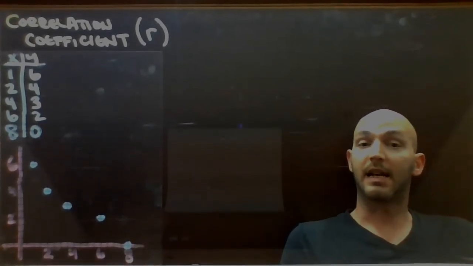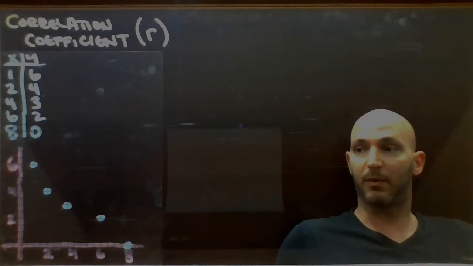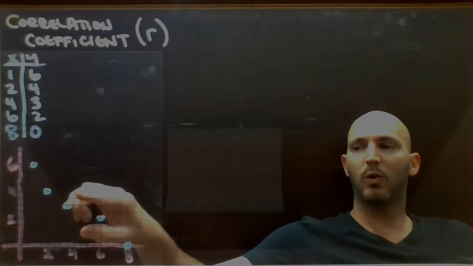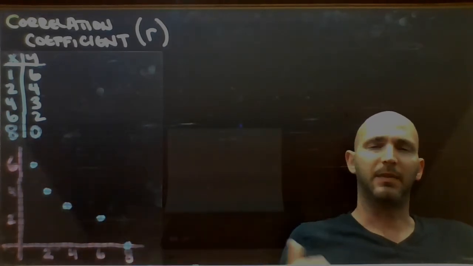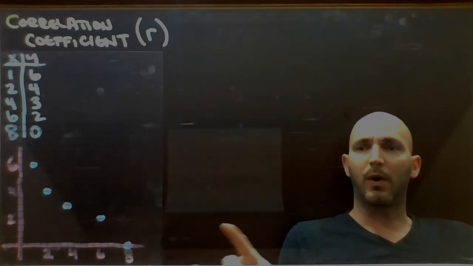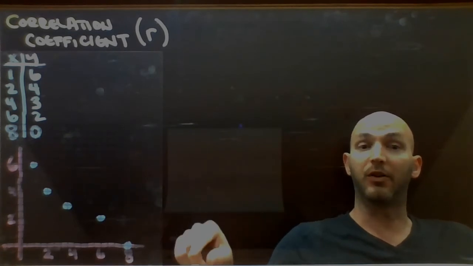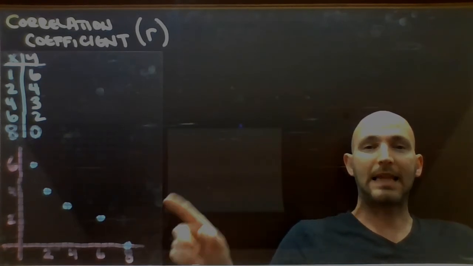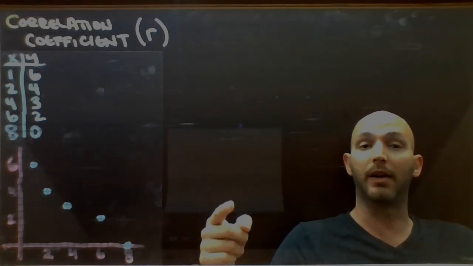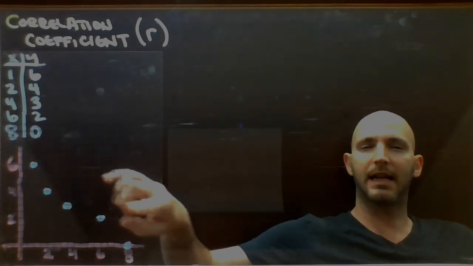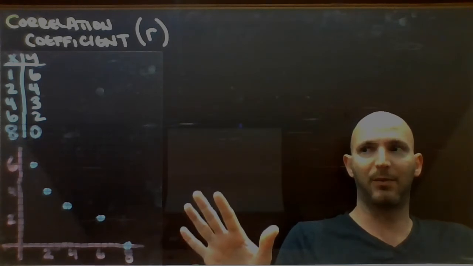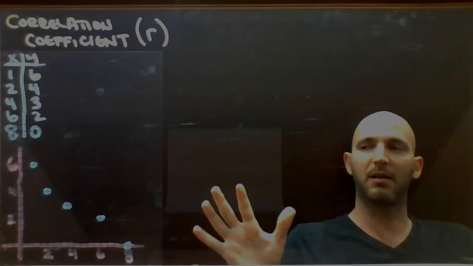So here's the second data set we're going to consider. This one, if you notice, looking at the grid, has a much more linear shape to it. It's also decreasing. As x goes up, y is going down. So we're going to run through this whole correlation coefficient calculation one more time. And at the end, because it's more linear, I should be expecting a number closer to 1 as my answer. And because it's headed downwards, I should be expecting a negative. So when I'm done, and I haven't done this one yet, so here's hoping, I'm expecting a number somewhere around